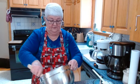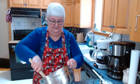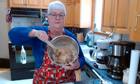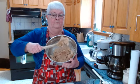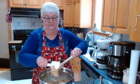Crunchy peanuts in here, so that's also going to allow for. Okay, there we go. Now you see what that batter looks like. Nice and stiff, but still pretty sticky. But oily because of the peanuts, the peanut butter, and the butter in here. So anyway,